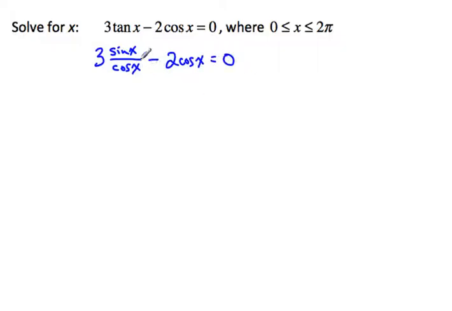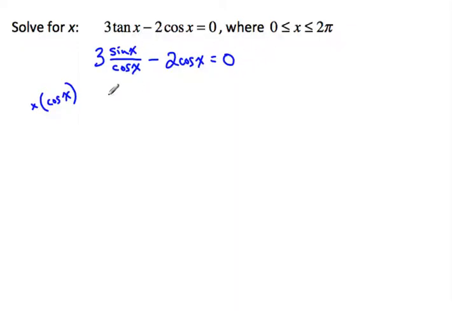This is at least a step closer because here we have the possibility of turning the tan x into something resembling cosine of x. We didn't really have the potential for the reverse. Now, we want to get rid of this fraction, and the way to do that is to multiply by cosine of x. If we were to multiply this by cosine of x, it would cancel out with the denominator. We can only do that if we multiply the whole left side by cosine of x and the whole right